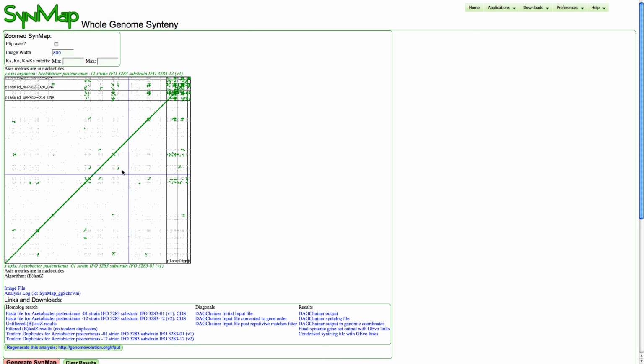So now here's our syntenic dot plot. We can see that for the most part these two genomes are identical to one another. The green lines represent the syntenic gene pairs that were identified, and it has a couple of plasmids and looks like some repeat sequences that are causing some of